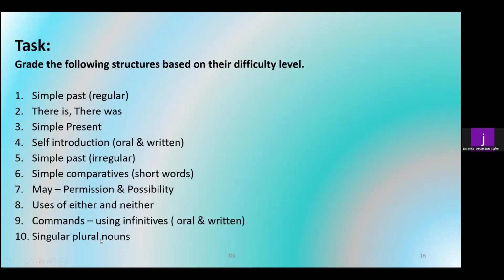Which one is of more utility value? Which one will be more useful for the learner? Is it singular plural nouns or is it there is, there was? So what is the first one? Fine. Second one,